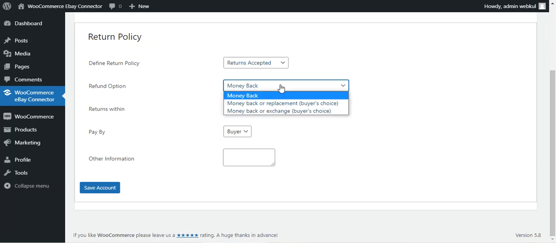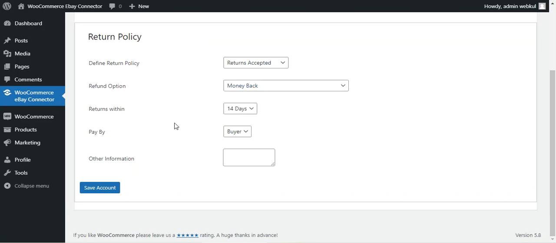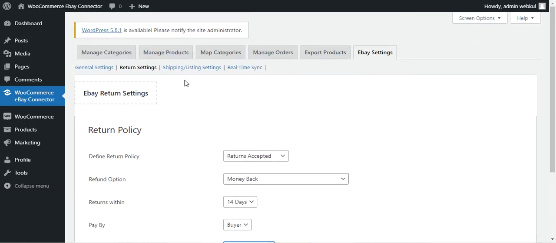You can set up the refund option as money back or replacement, money back or exchange. Then you can choose return within days like 14, 30 or 60 days. And then you can choose pay by option, whether the payment will be made by the buyer or the seller. And if there's any other information, you can set that up as well.